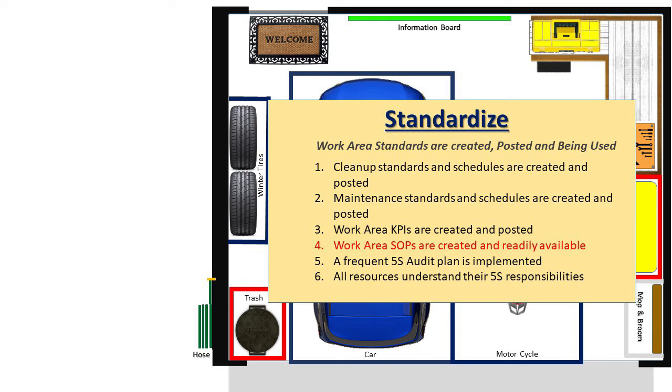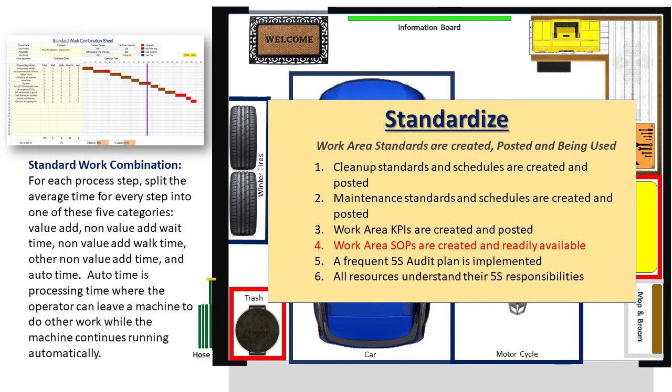created and readily available. Part of the fourth step is to create a standard work combination sheet. For each process step, split the average time for every step on one of these 5 categories: value add, non-value add wait time, non-value add walk time, other non-value add time, and auto time. Auto time is processing time where the operator can leave a machine to do other work while the machine continues